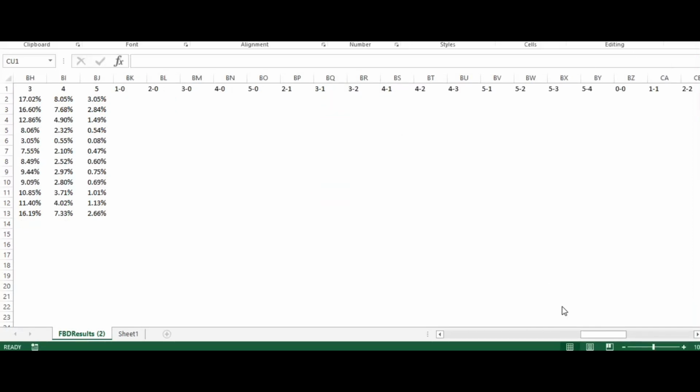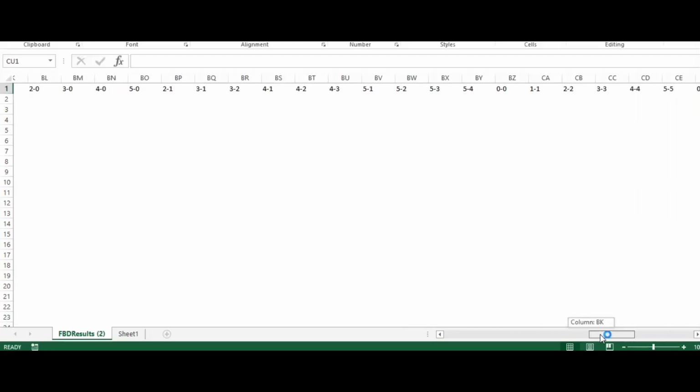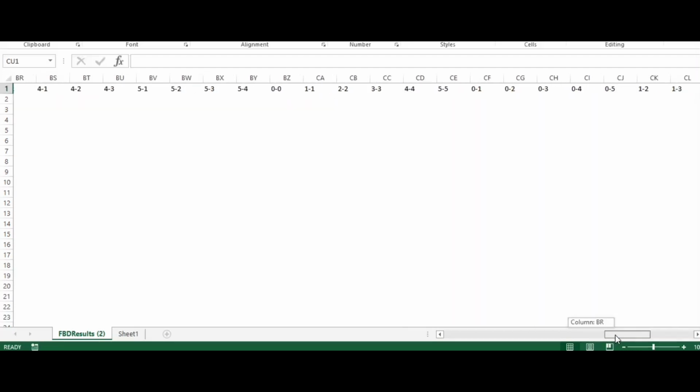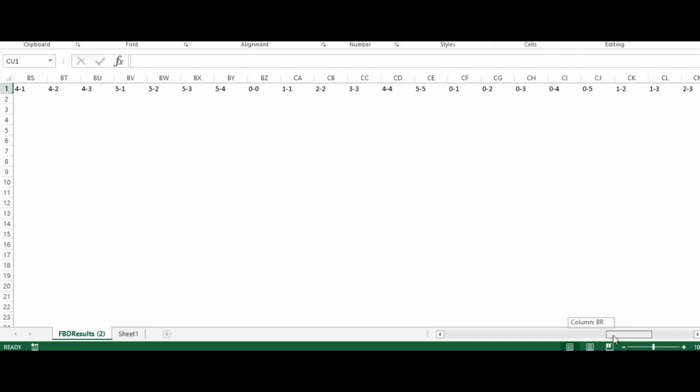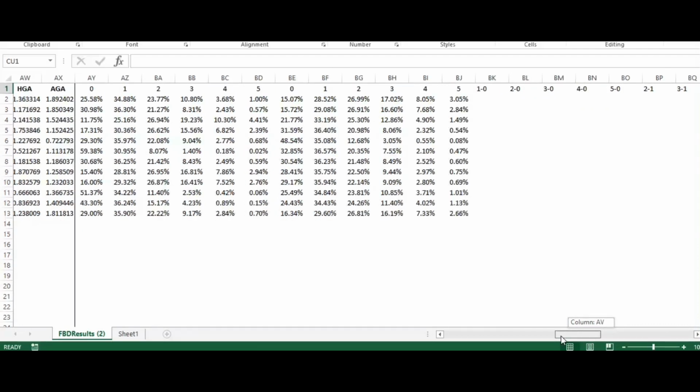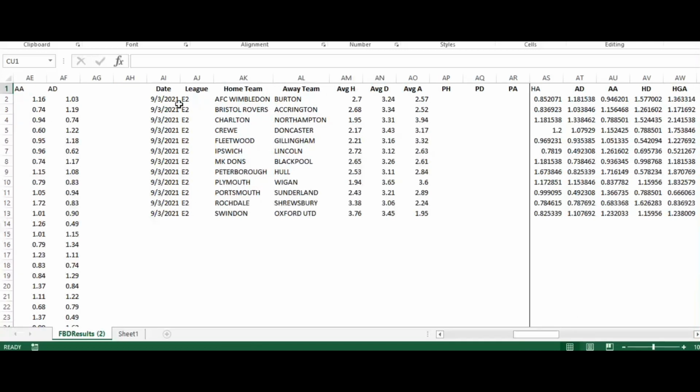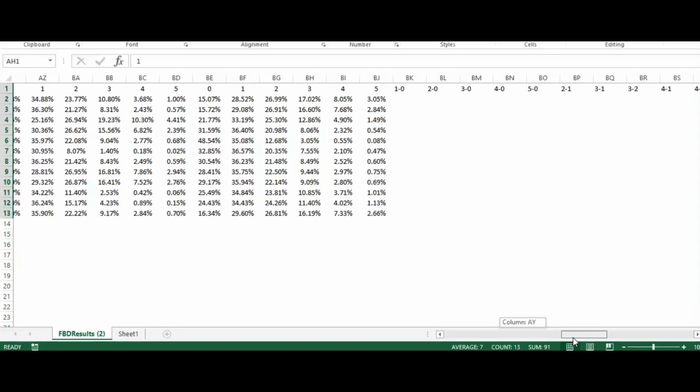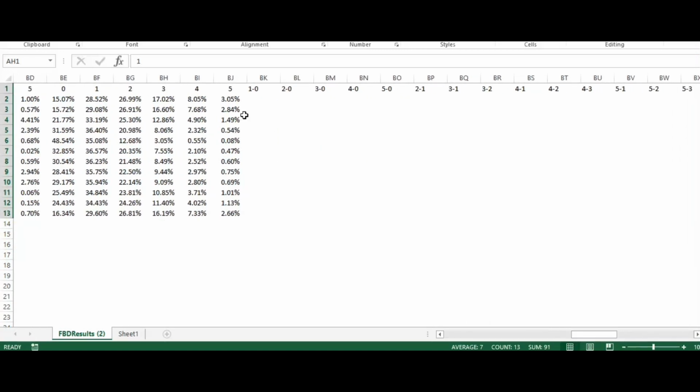Okay, you can see I've now populated across the top all the combinations of score lines where the home and away team will score up to 5 goals. Got those across the top. Okay, the next bit, we're just going to index these rows here. You'll see why in a moment. So we're just going to sequentially pop those down there from 1 through to 13. And now what we're going to do is calculate the